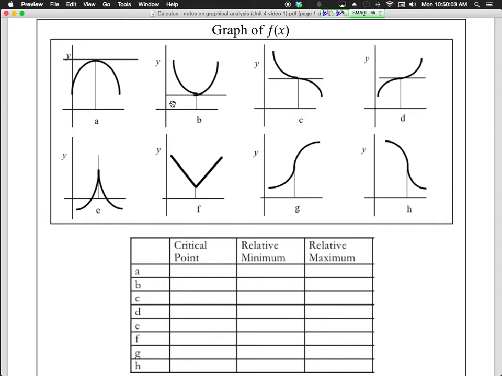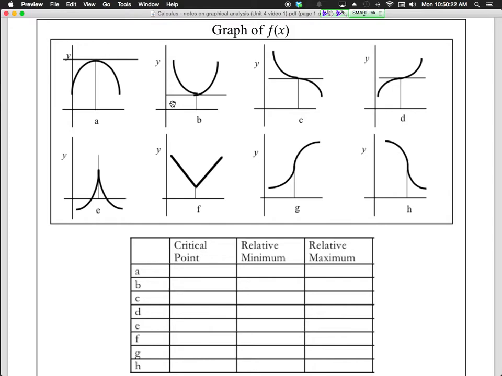Okay? Then B and F, we're both what? Minimums, because on the left side, what are we doing? Decreasing on the left side, and on the right side we are increasing. Okay? Now let's come over here to these other four and talk about why these are not relative maxes or